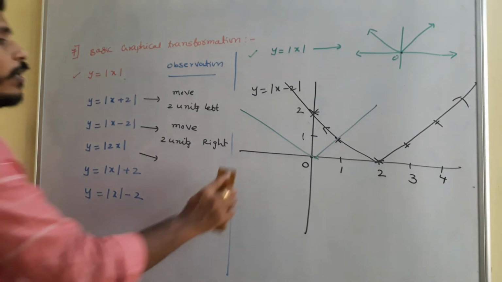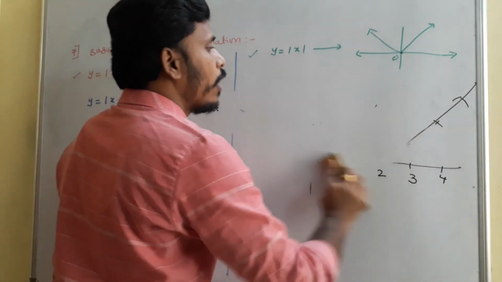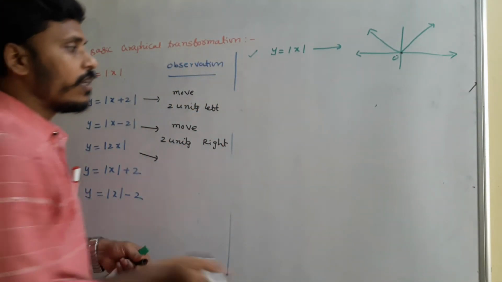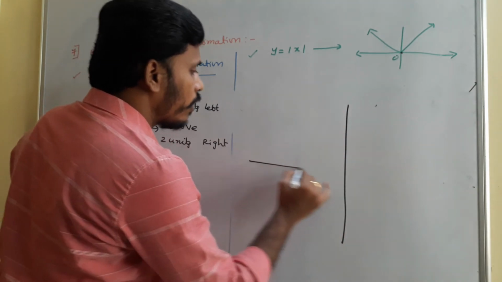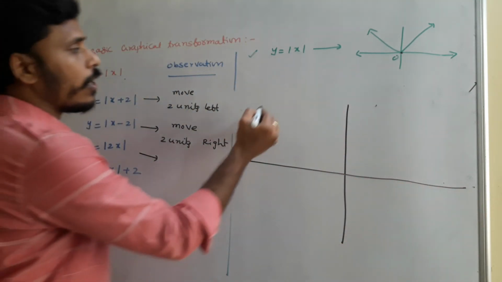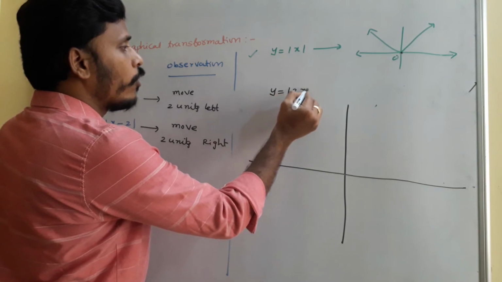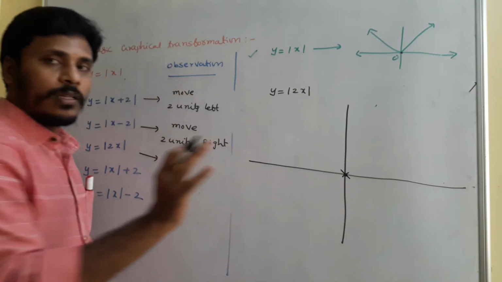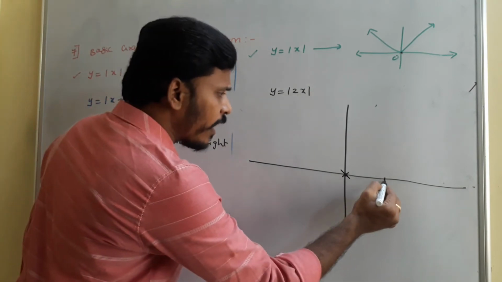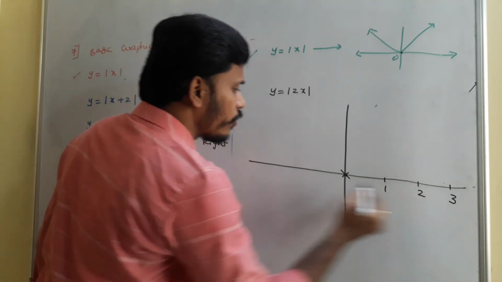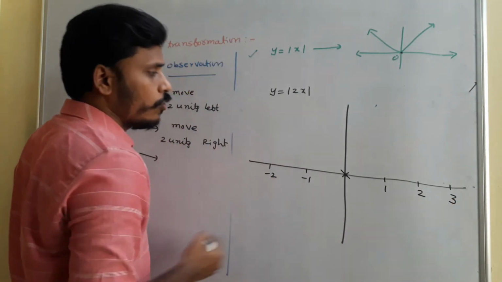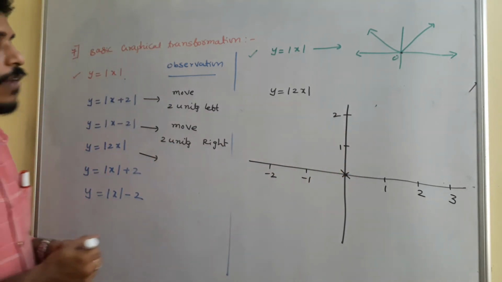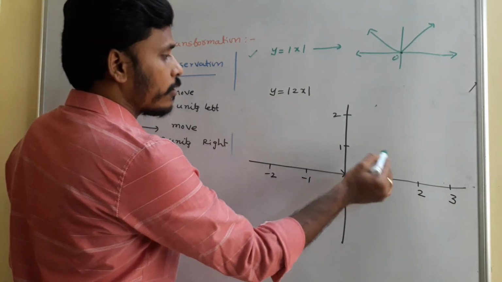And the next thing is y is equal to modulus of 2x. Then think about it, how the graph changes when compared with y is equal to mod x. The only way we have now to sketch the graph is by taking different values in the place of x. See, now our target is y is equal to modulus of 2x. If x is equal to 0, y is equal to 0, that's the point, no problem. We know that this is 1, 2, 3, and this is minus 1, minus 2. For your convenience, first I will sketch the graph for y is equal to mod x.